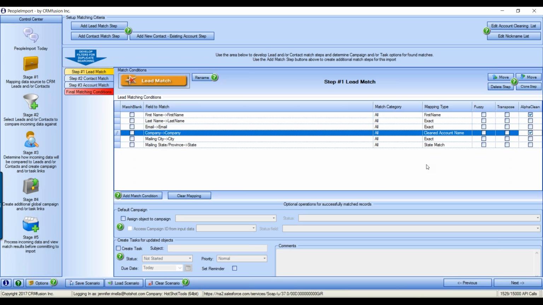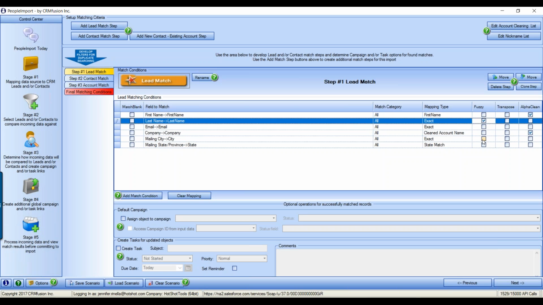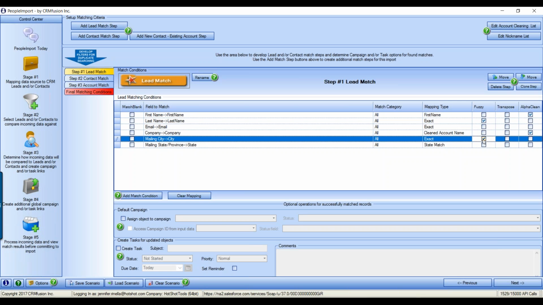Great. I am going to put a fuzzy on the last name and the city. Fuzzy is a phonetic engine, so at a high level, it removes vowels, it analyzes consonants. It's also phonetic, so C's and K's are the same. So what's going to happen is it's going to create a key, if you will, for the city field. Let's say the city field is Hilton Head, okay? If we've got the name Hilton Head,